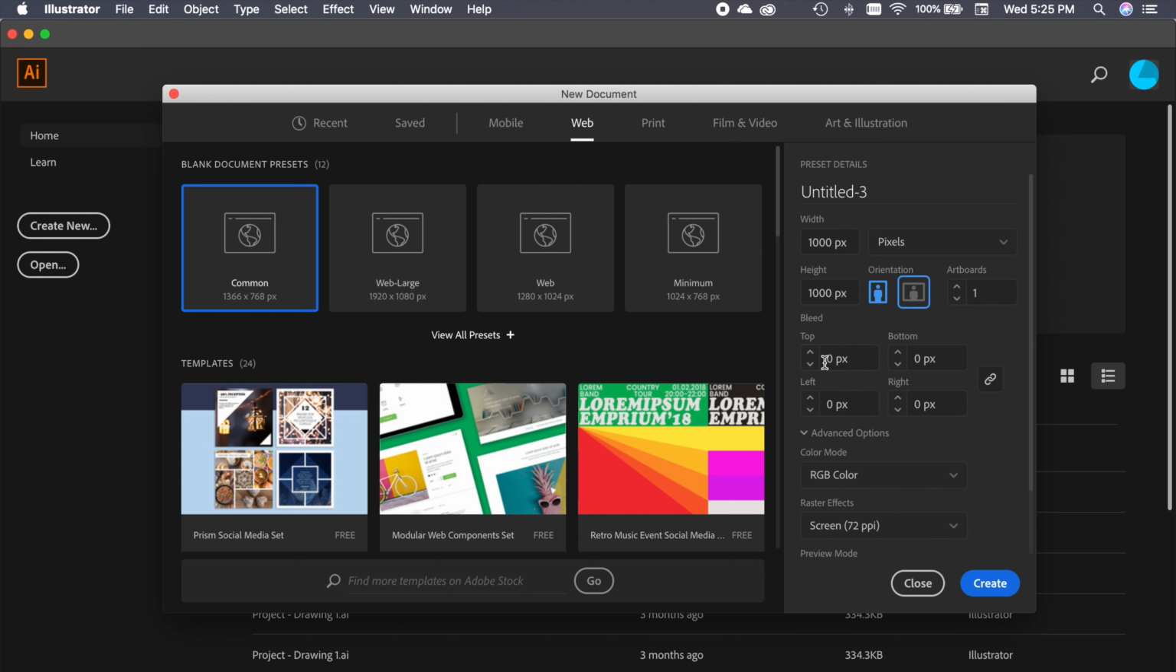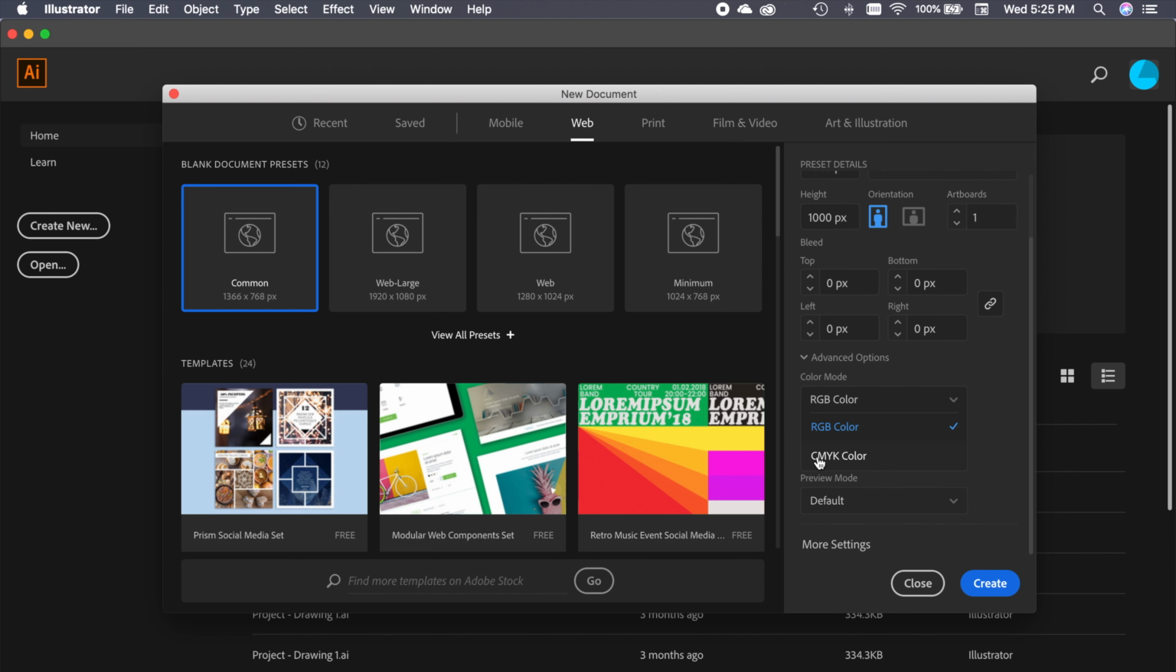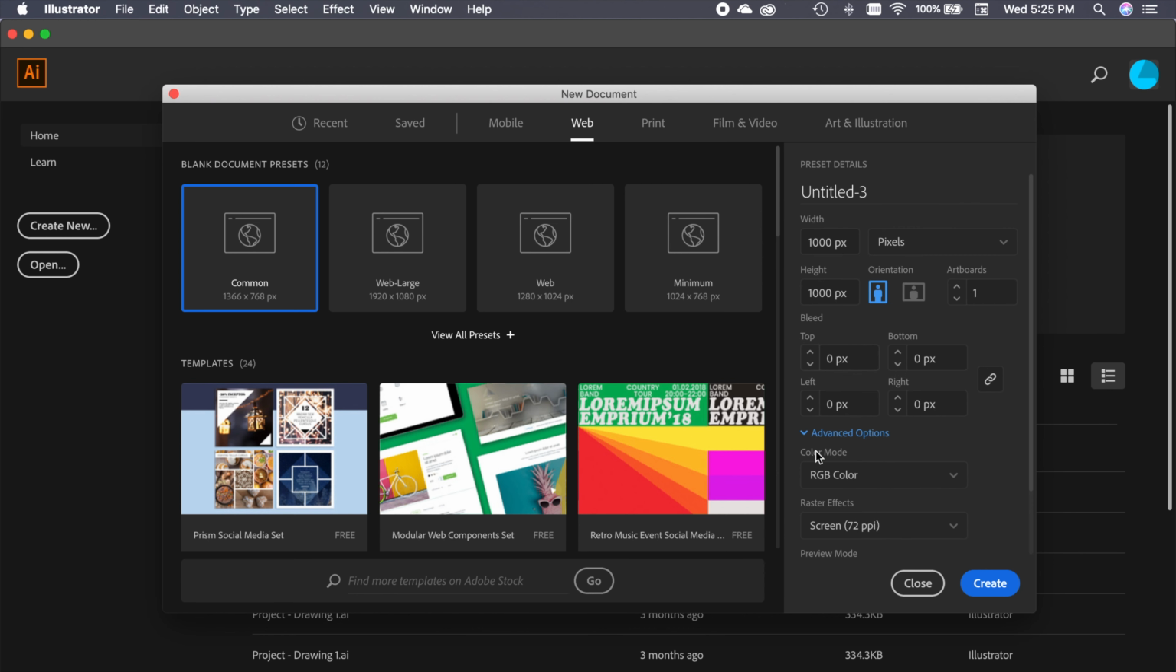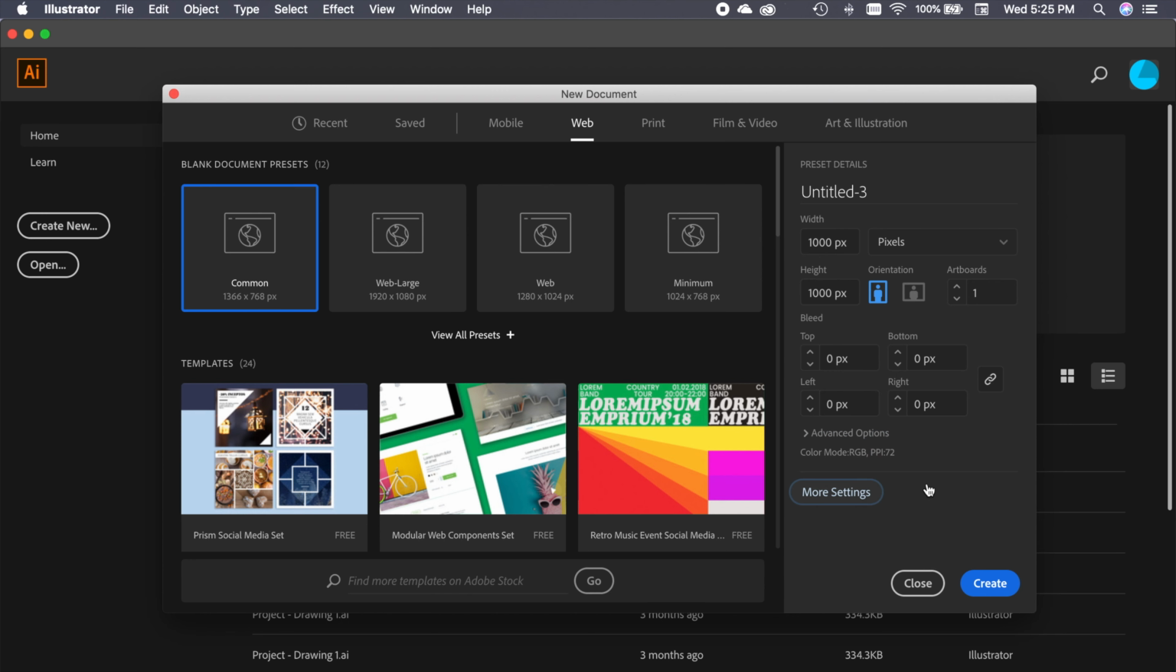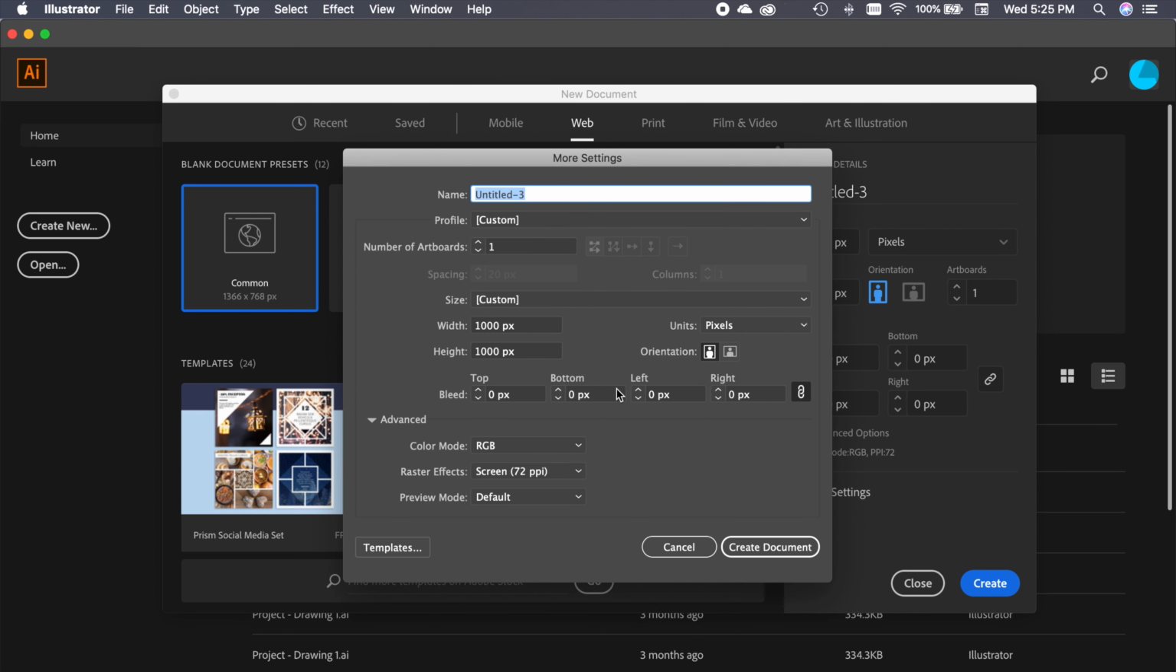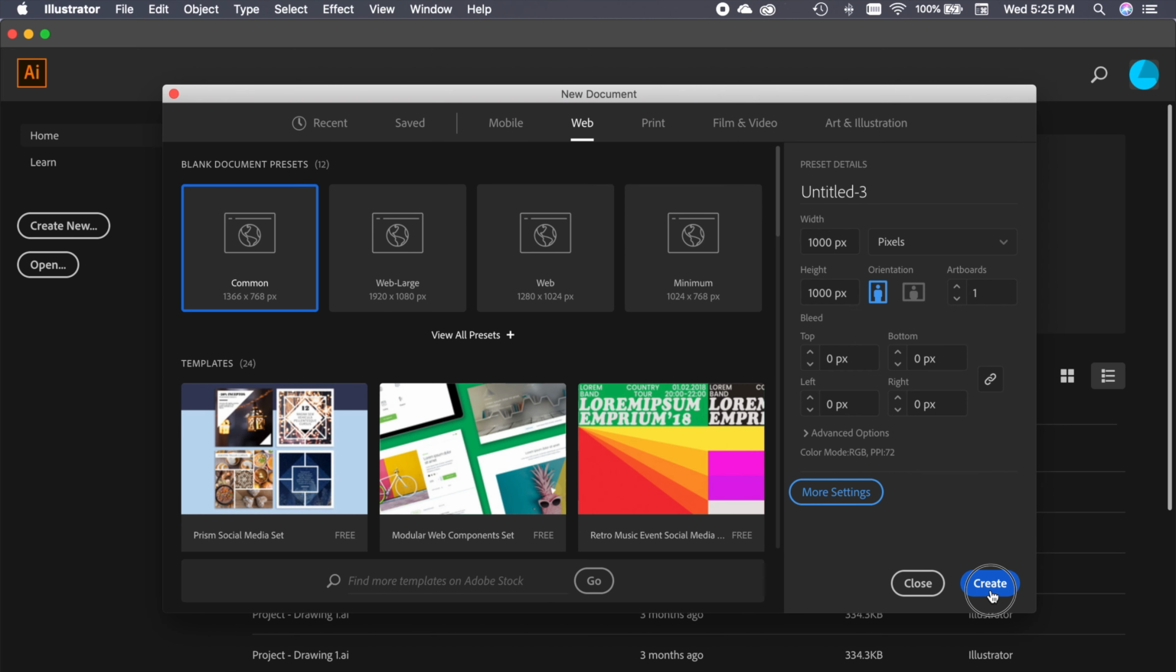We have bleed here, so if you're going to print, typically you would let your artwork hang over the side a little bit so that you don't end up with weird white edges after it goes to print. And we've got our color mode here, so right now it's in RGB, and really we only have the two options, RGB and CMYK. That's under our advanced settings, which I currently have expanded. And we also have more settings down here, and that really just brings up the old creation screen that you would get in Adobe CS6 or some of the earlier Adobe CC versions. So I'm going to click Create,